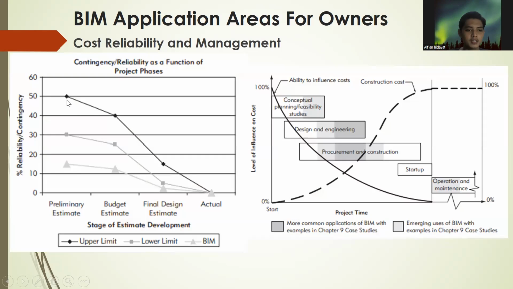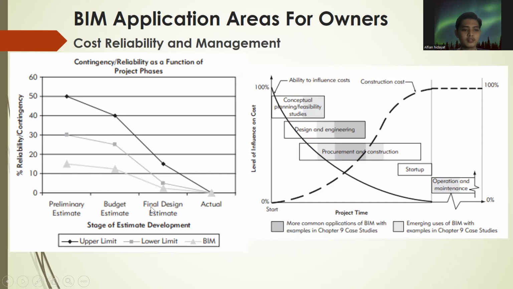The upper limit is 50%. The lower limit is 30%, and BIM can make reliability on contingency up to 15%. This is a preliminary stage. The budget can be made